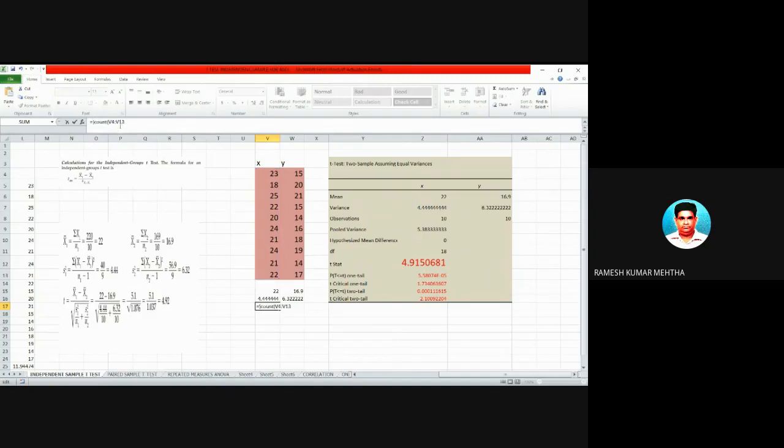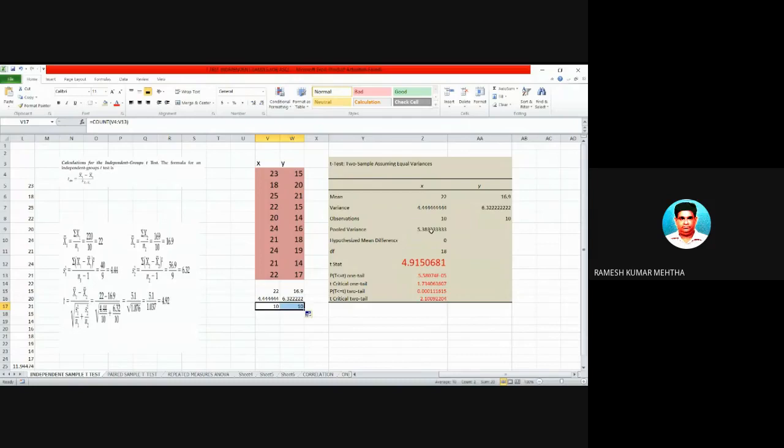You need to be very careful when you are using these commands. So there are 10 counts here, and here also 10. So you found the variance 4.44 and 6.332 for the second data, and the number of counts is 10 and 10.